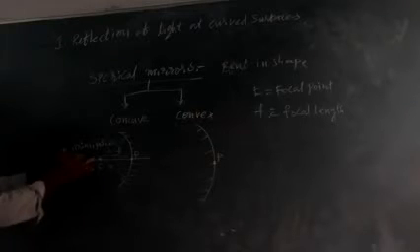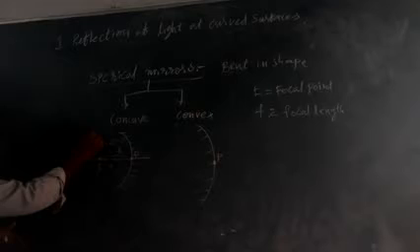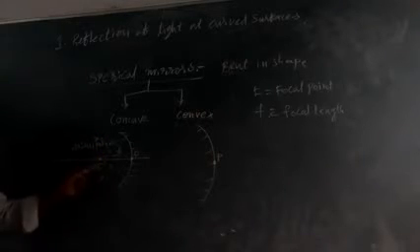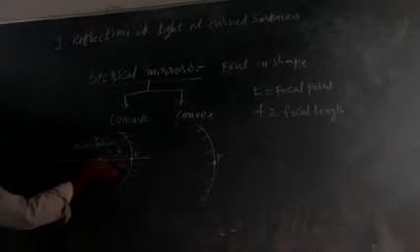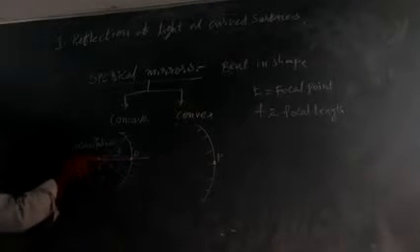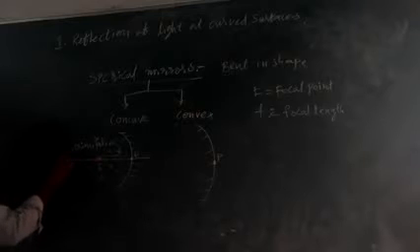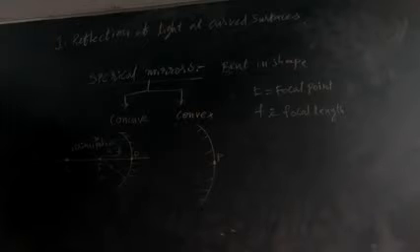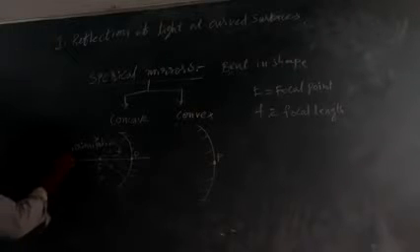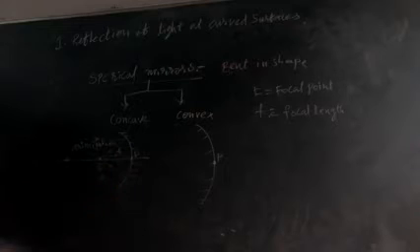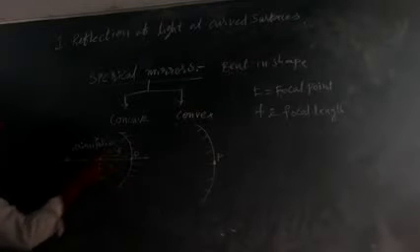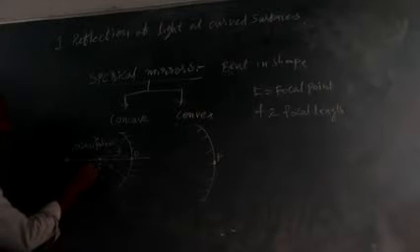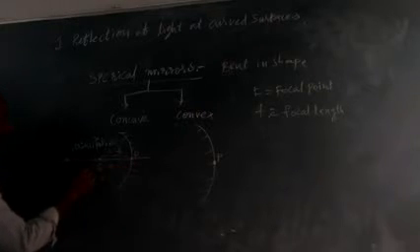So this is where all the incident rays converge at a particular point after reflection. Then it will be called as focal point. This distance, same distance, if it is maintained by another point, that particular point is called center of curvature. From this C point to P point, the distance between center of curvature and pole is called radius of curvature.